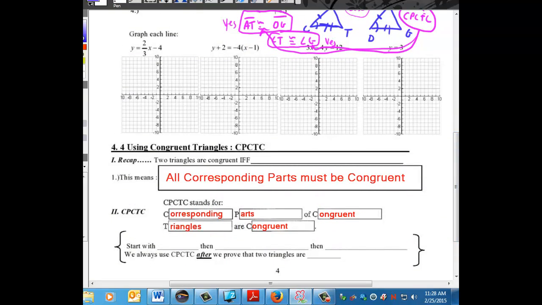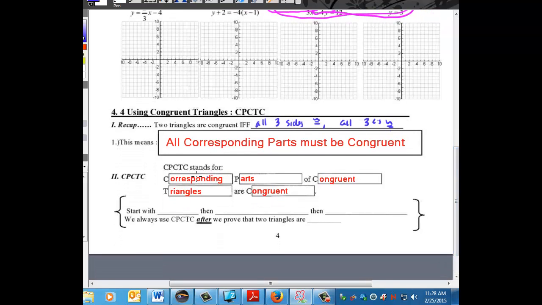Alright, two triangles are congruent if what? Well, if all three sides are congruent and all three angles are congruent. So this means that all corresponding parts must be congruent. CPCTC stands for the following. We always start with what's given. Then we prove that triangles are congruent. Then we conclude